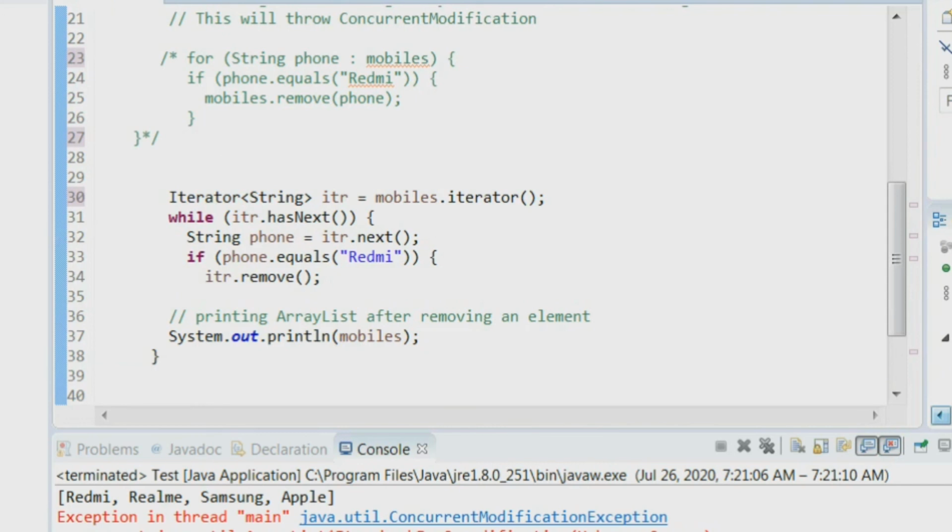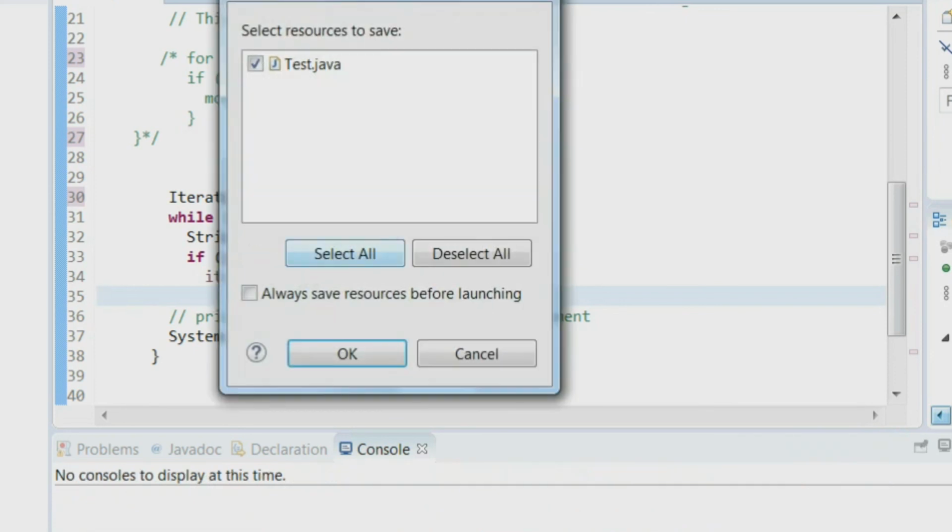Here I created an iterator object, then I used the while hasNext method, which is a looping method. You just observe here, I used the iterator remove method. Then we will see whether it is throwing concurrent modification exception or not.